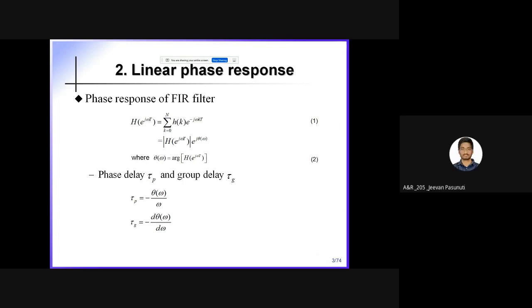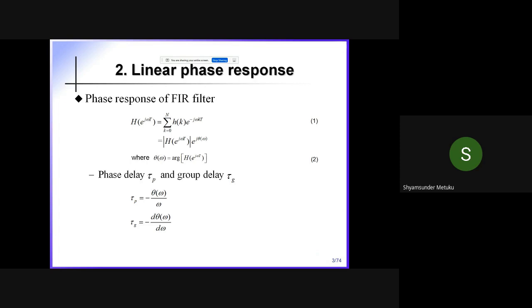Sir, for group delay, it will definitely be a constant, no, sir, because it is generally linear. That is what I'm telling. Yes, sir. Generally, if theta of omega is equal to omega into tau p, and you divide, obviously you get a constant only, no? Yes, sir. For a linear equation, it will definitely be constant. So that is called a linear phase filter. This must hold for any FIR filter. If they are holding, then your filter is called a linear phase filter.